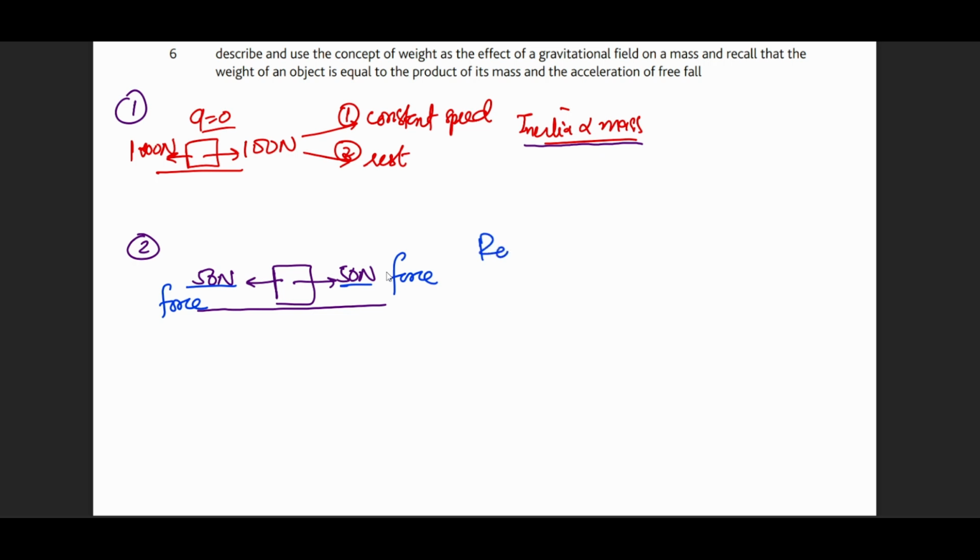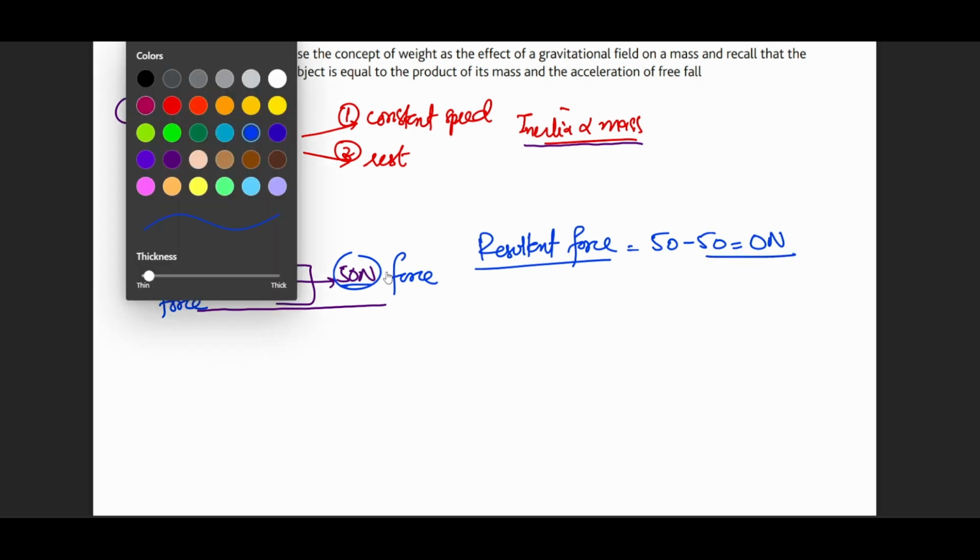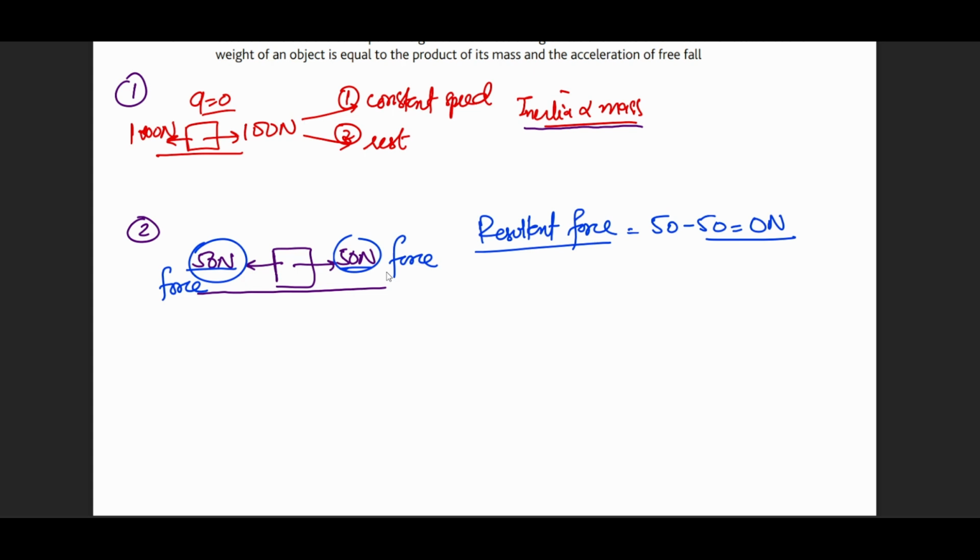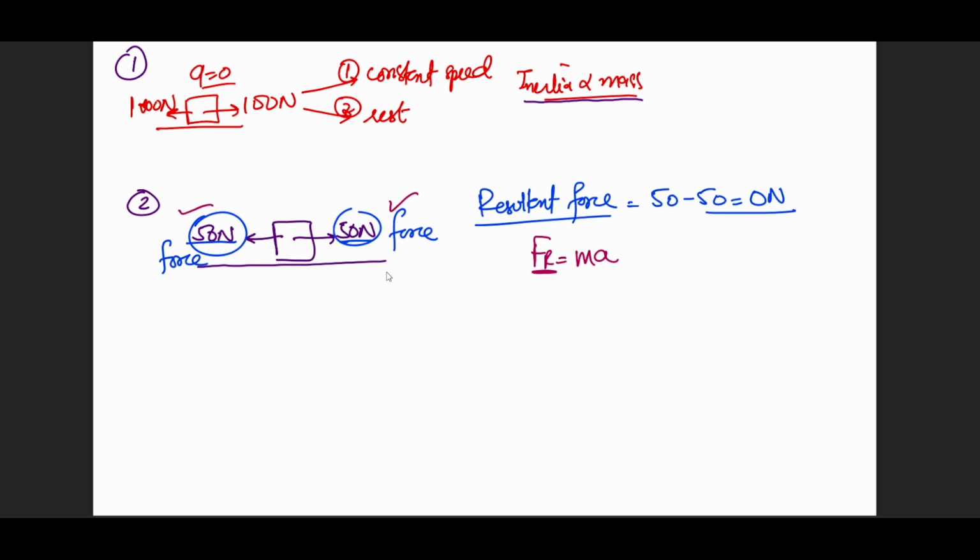If I want to find the resultant force, then I have to be careful, and we will be subtracting this 50 from this 50, or the forward force minus the backward force. Well, 50 minus 50, the resultant is 0 newtons. So when we talk about the second law, we are actually talking about the resultant force, not just any force. The resultant, the combined effect of all the forces. So if I use the resultant force formula, that will be F equals to ma. That means that the resultant force, or whatever is left behind, or whatever is in surplus, whatever is left out of the applied forces, will be put here, and that will cause an acceleration in that respective mass